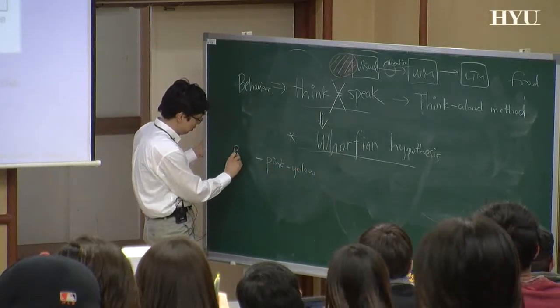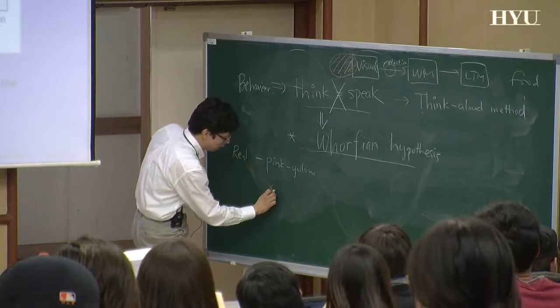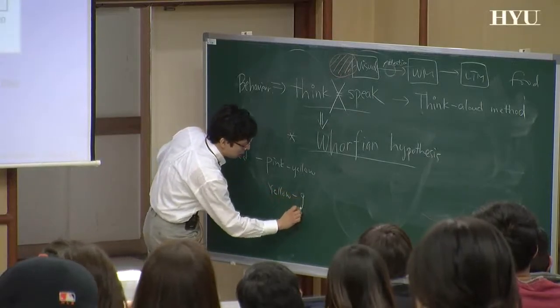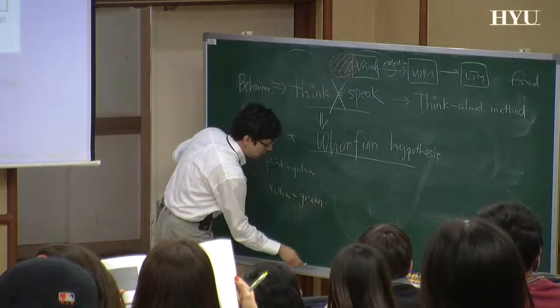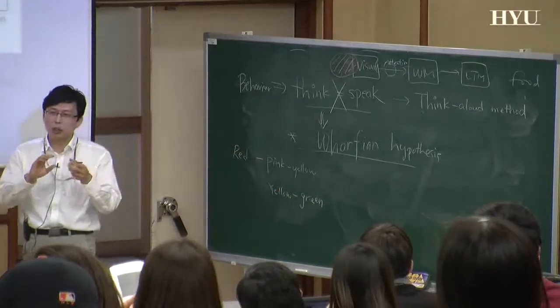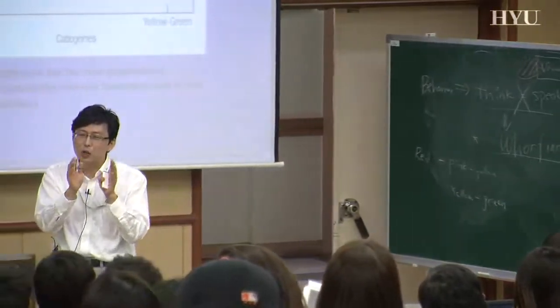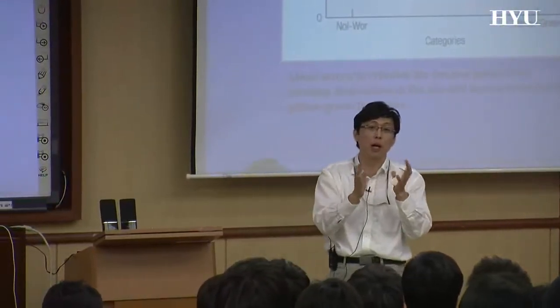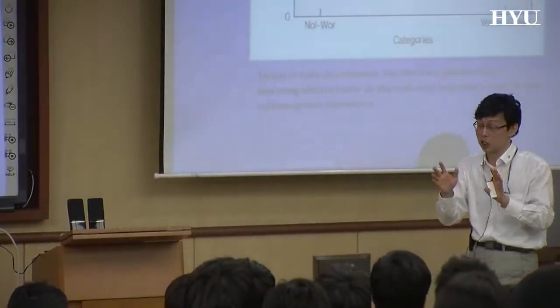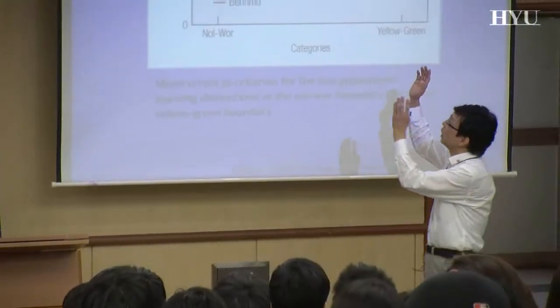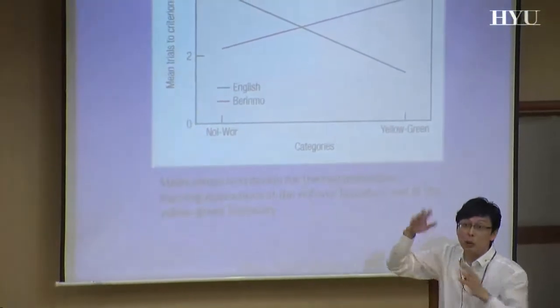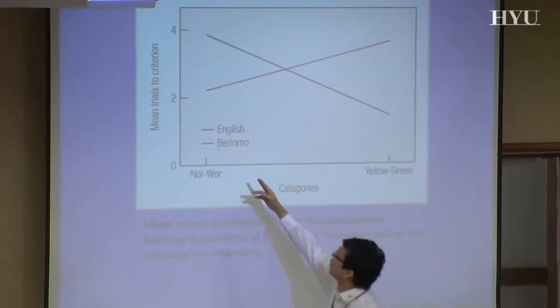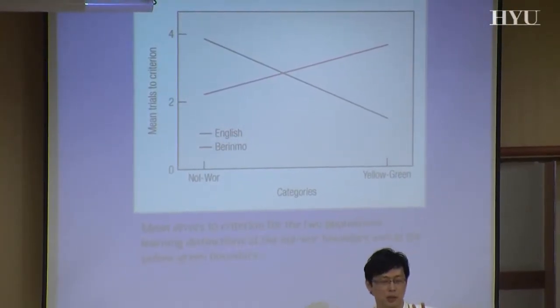And red, and yellow and green, right? Some of the colors overlapped, didn't they? Very close to each other. Like red and pink are pretty much similar in terms of RGB or HSV. So the English people have so many different colors, and the Berinmo have only two color perception in their